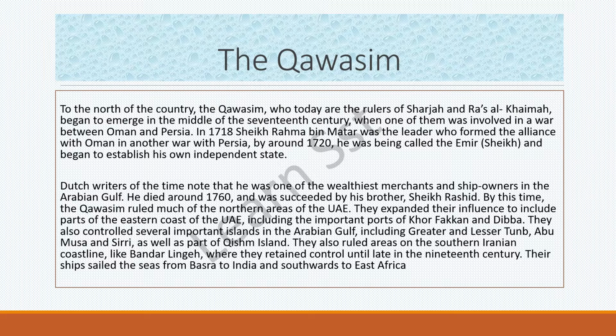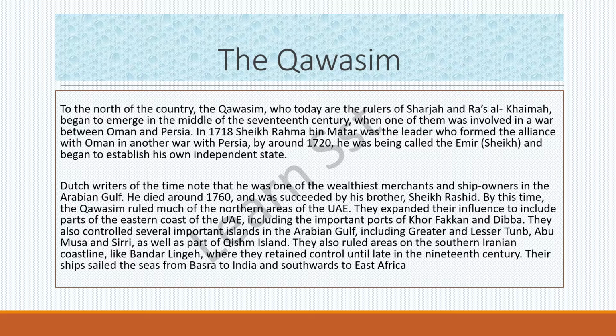They also ruled in the areas of the southern Iranian coastline, Bandar Lengeh, where they retained control until late in the 19th century. Their ships sailed from Basra, that is from Iraq, to India and southward to East Africa. So here you have the emergence of the Qawasim. Those were the rulers, and even today they are the rulers of Sharjah and Ras Al Khaimah. And how in the 17th century they had emerged